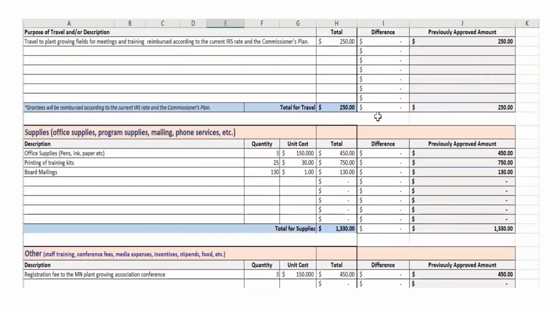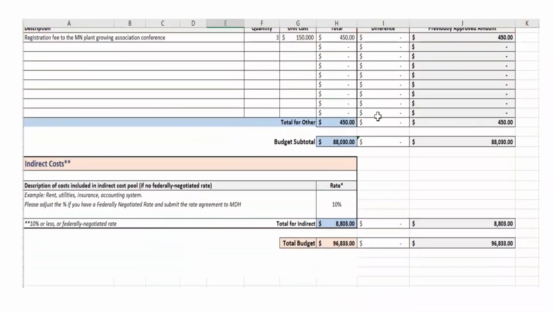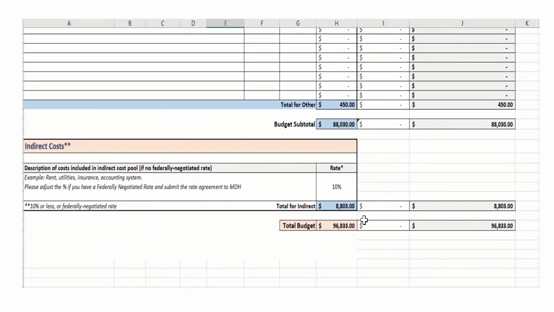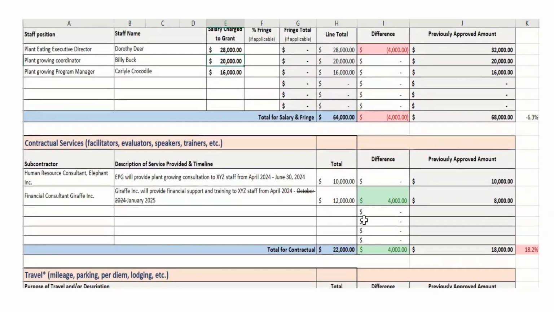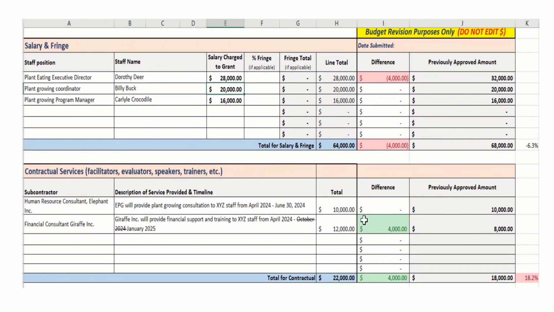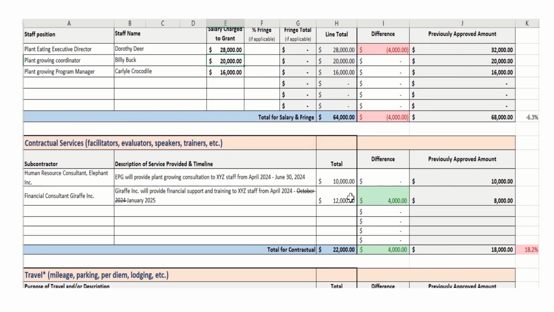We will go down and check to make sure the budget remains the same, and it does. All budget revisions of 10% or more must be approved by your grant manager. If you look in column K, you can see that the change in the executive director's salary is 6.3%. And if you look at the financial consultant's change, you can see that that change is 18.2%,